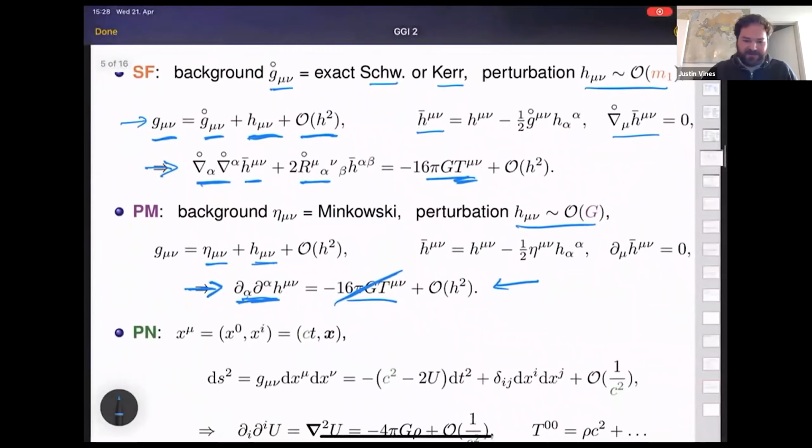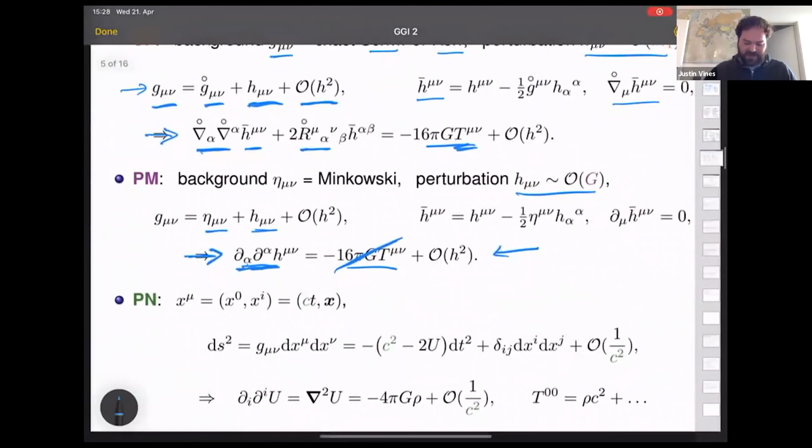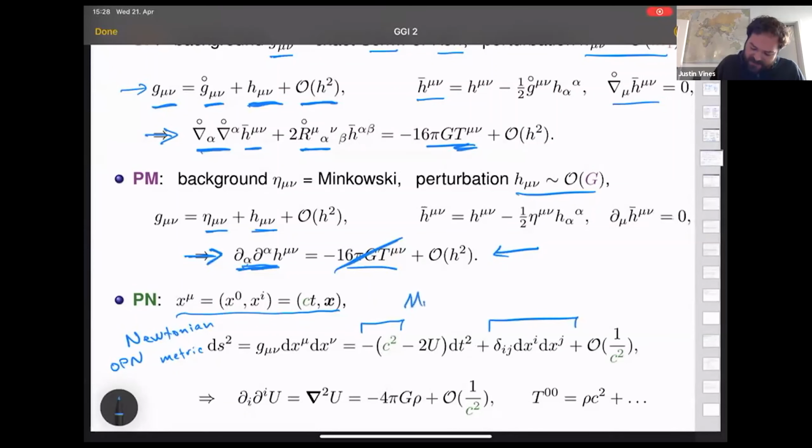So the analog of this metric expansion for the post-Newtonian, let's say starting with the 0th order level is, okay, first we split space, time into space and time. And this is essential in the Newtonian or post-Newtonian approach. And here, essentially what I've written down is you could say the Newtonian, or you might also call it the 0 post-Newtonian metric, where you will recognize here and here, that's the Minkowski metric,